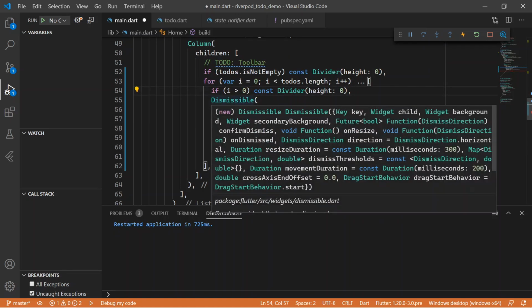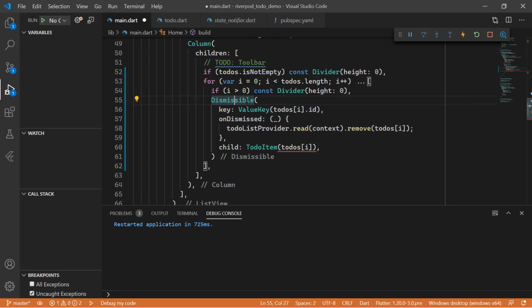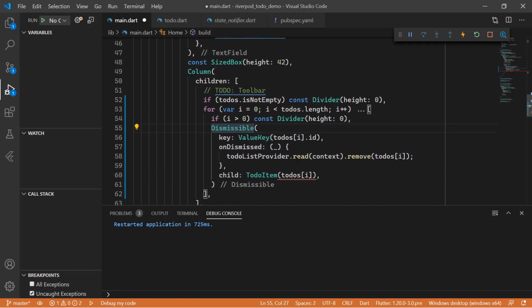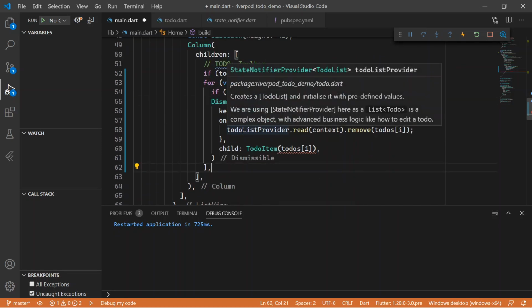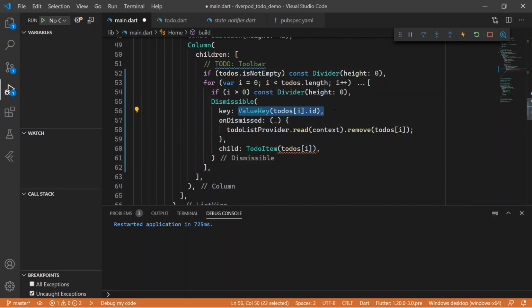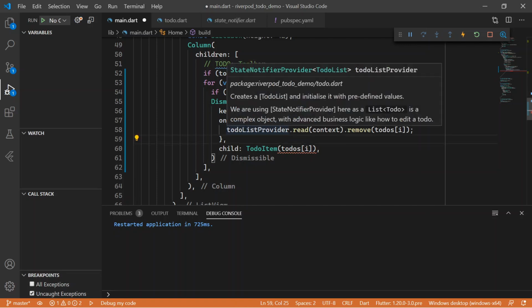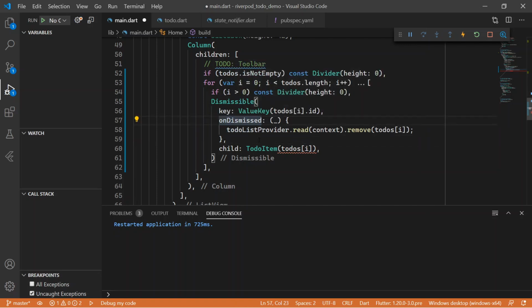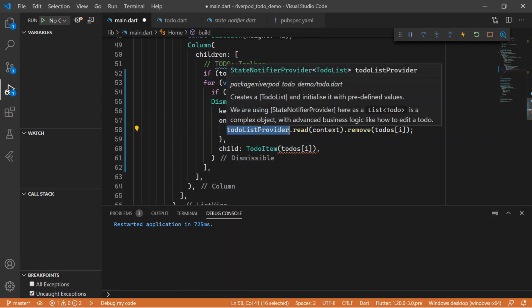And then we have this dismissible widget. And if you're not familiar with dismissible, it allows you to drag or swipe away a to-do item to remove it. And then for the dismissible to work, it needs to have a unique key. So we will set the value key to be equal to the ID of the to-do item that we currently have. And then on the to-do list, or on dismissed, this is where we use the providers again to actually